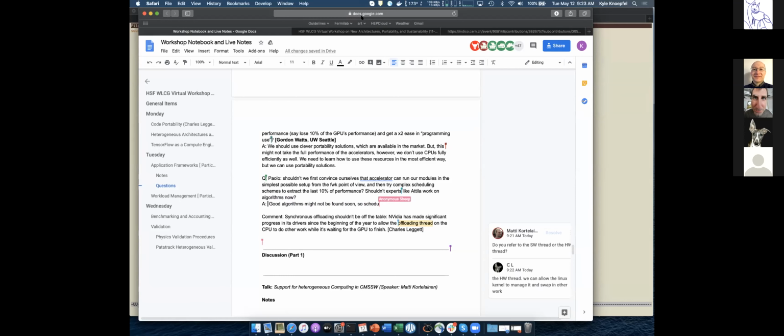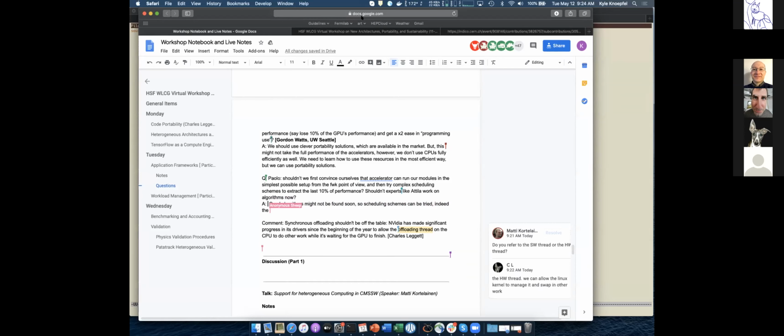Okay, thank you. There's also a comment from Charles that synchronous offloading shouldn't be off the table. NVIDIA has made significant progress in its drivers since the beginning of the year to allow offloading the threads on the CPU to do other work while the GPU is waiting. And by the offloading thread, that is the hardware thread that's being referred to. So that's true. At the same time, it might be a bit more of a technicality, but